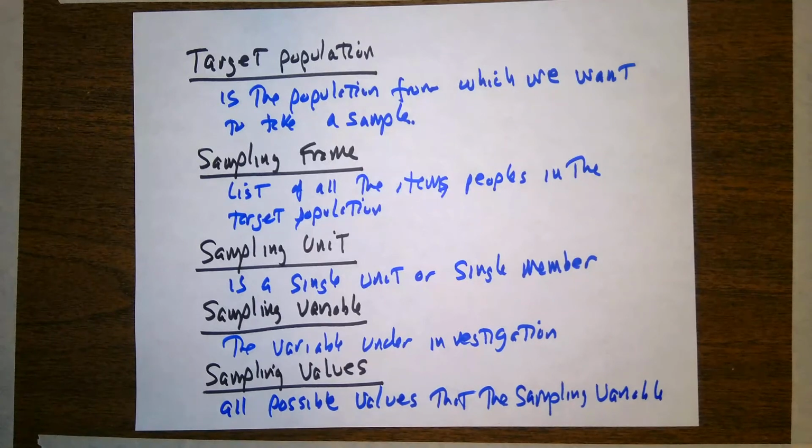So, for example, if we go back to the students and asking students questions about the amount of homework, the target population would be all the students at the school. The sampling unit would be each student. The sampling frame would be an itemized list of all the individual students. The sampling variable would be the number of minutes that they do homework. And then the sampling values might be